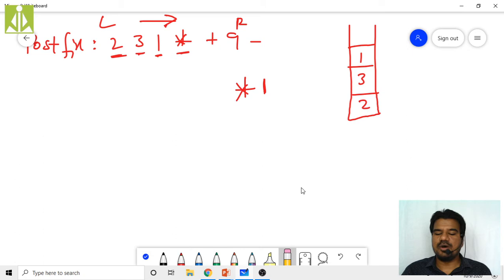Then I pop 3 and add it to the left side of my operator. After popping 2 operands, perform this operation: 3 multiplied with 1, you will get 3 only. So push this 3 back to the stack.